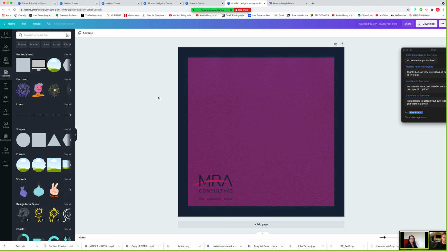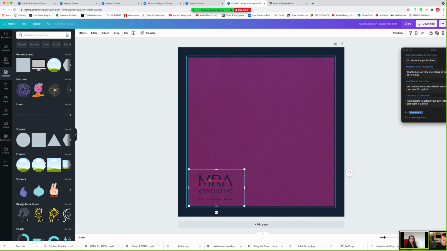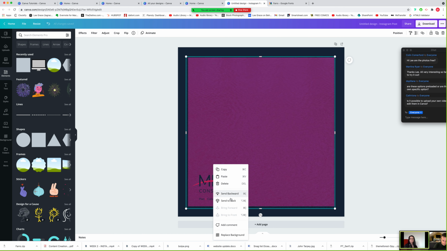Okay. So now we have a couple of layers going on here, and things can get a little bit complicated, and you're going, oh God, what am I going to do here now? How am I going to grab everything? Do I have to scroll in and catch everything like that? Well, there's a nice little shortcut to grab a layer that you might not be 100% sure where it is. If you hold down Command on a Mac or Control on a PC and click, click, click, it'll get to the layer that you want. So I'll do that again. Hold down Command, click, click. I want to get to the MRA brand specifically, and I click, and that's how you find it. So click, click, click, and then I can move